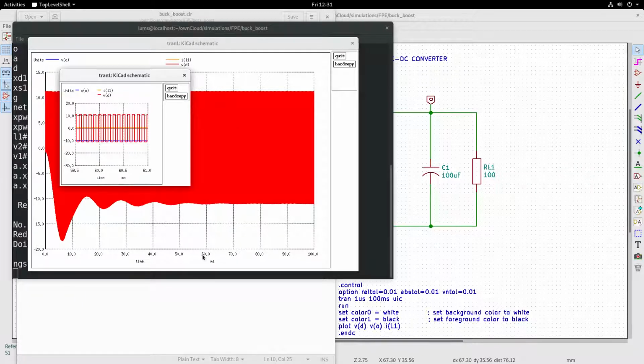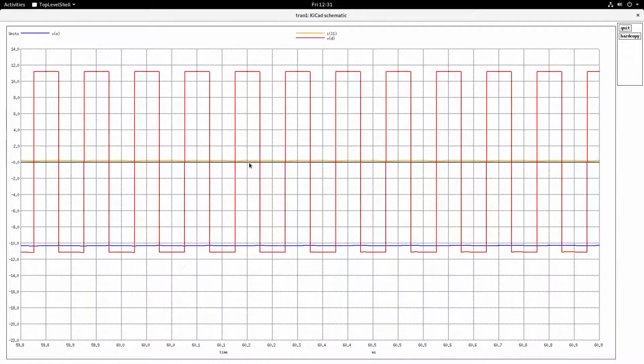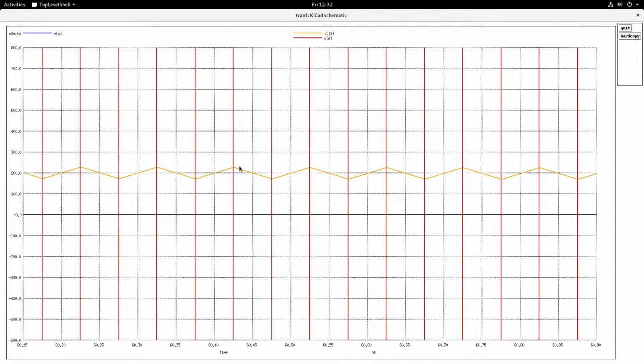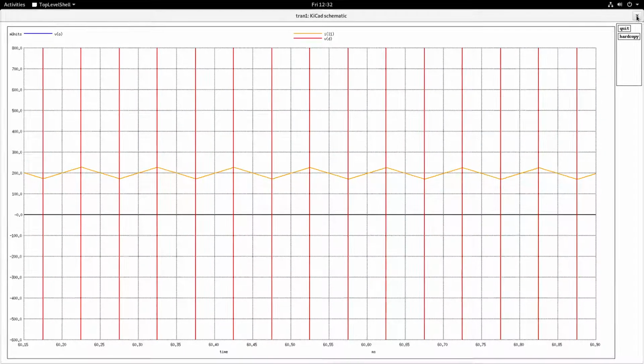Let me look at a very small segment, and these are the waveforms. Here you see the inductor current waveform, and I will get a better idea here. Inductor current waveform, output voltage waveform, all those things.